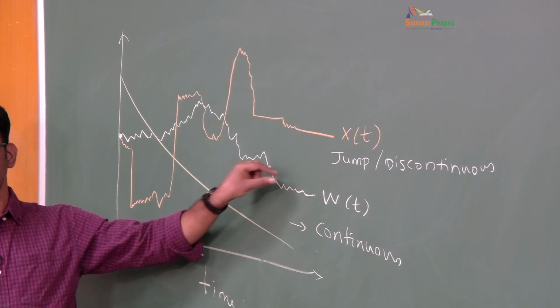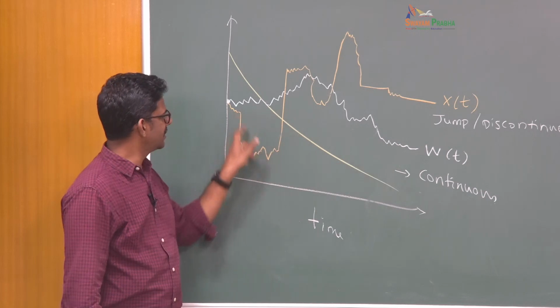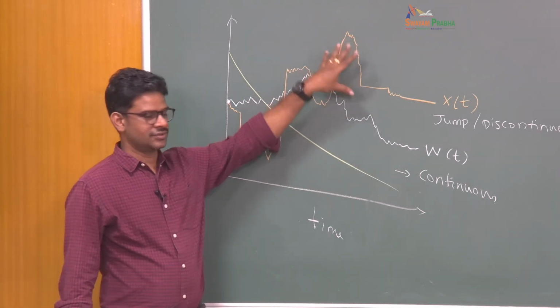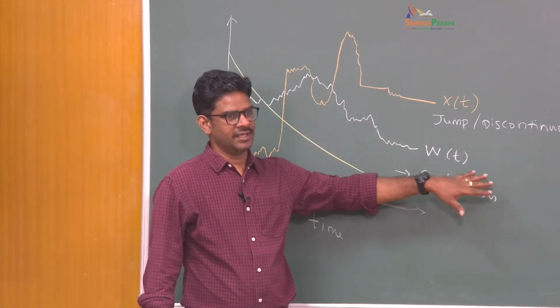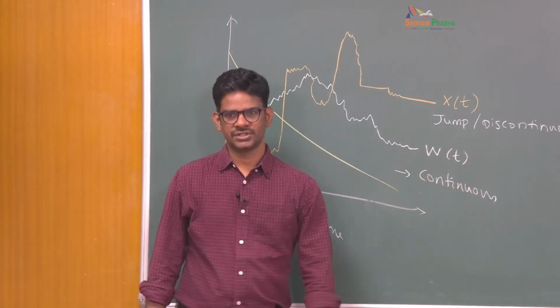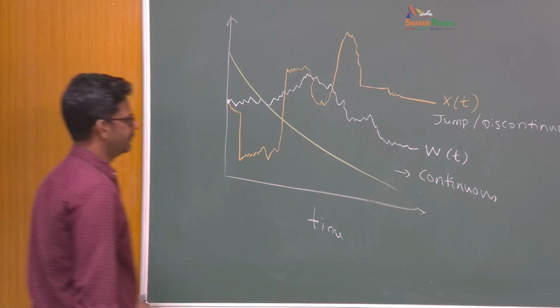But these fluctuations are small enough compared to any local averages. Whereas in the case of jump processes, these jumps are much bigger, much larger. So we would like to classify the entire Markov process into two sets, one that is continuous, another one that is jump. So where do we see this kind of